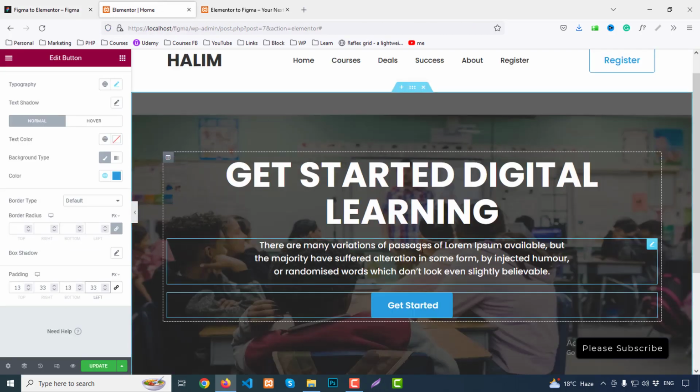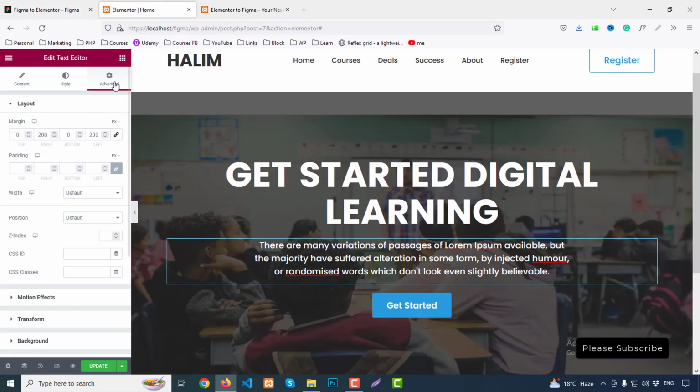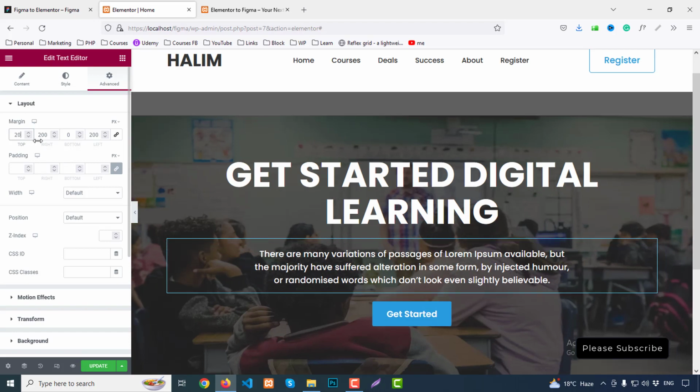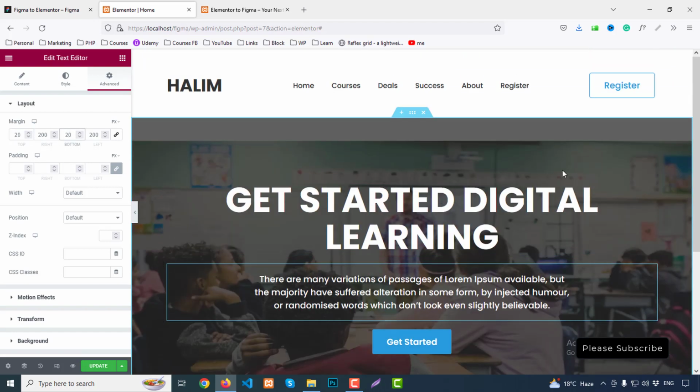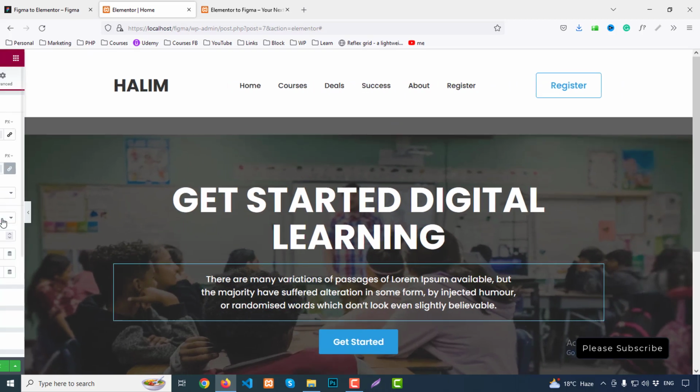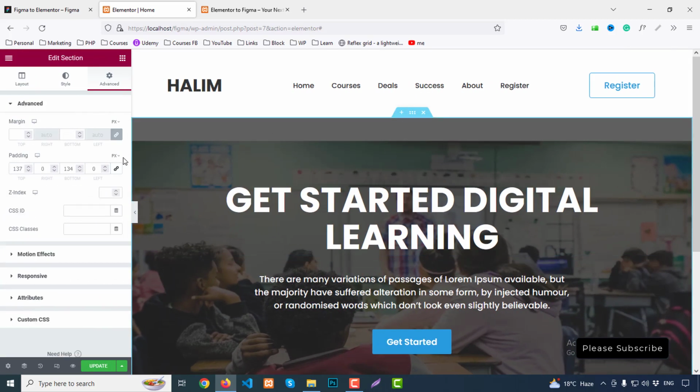Okay, fine. I think this space is enough, and now we can add margin top more like 20, and bottom 20. Okay, fine. So I think this part is perfectly okay now, and something else. Here we can check here padding 37,